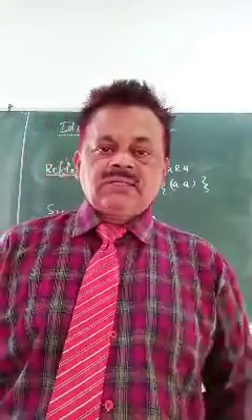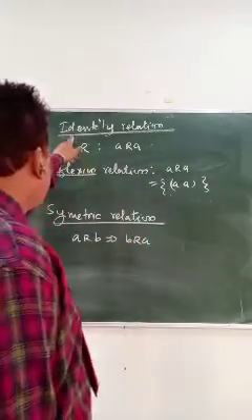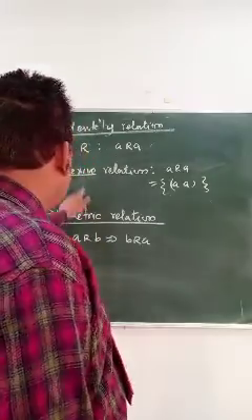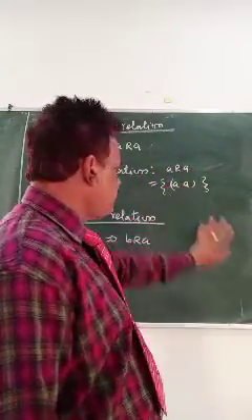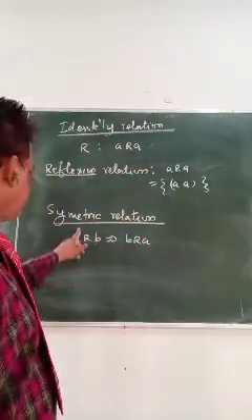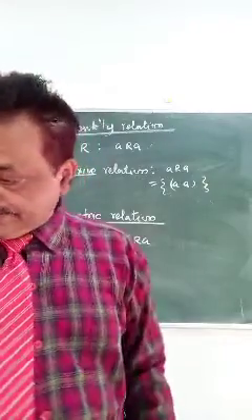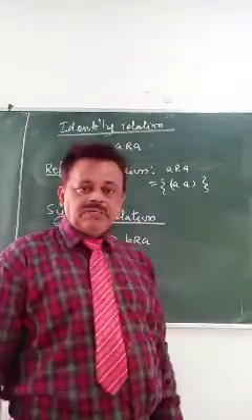So, in the relation chapter, we are studying the types of relation. Identity relation, that is the relation between the same element. Reflexive relation, that is also A relates A, meaning it is the same here. Then comes the symmetric relation. Symmetric relation we define: if A relates B, then it implies B relates A.